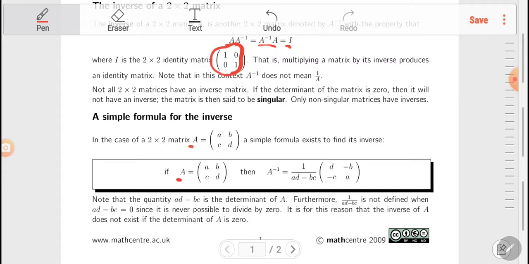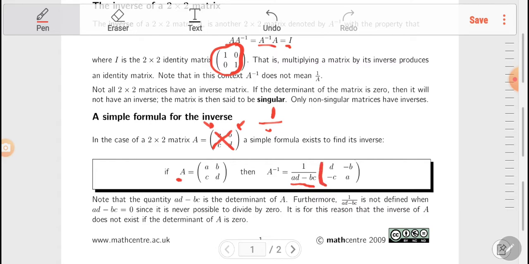Yes, the inverse of a matrix, we find it after multiplying AD and subtracting BC. Again, multiply AD minus BC and find its reciprocal. So I multiply this number by this number minus this number by this number, and write 1 over the answer